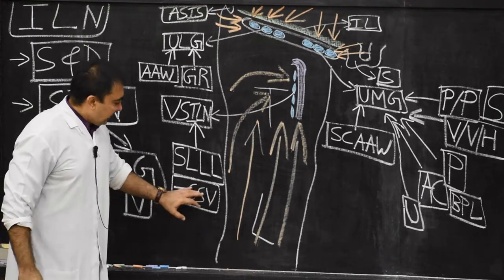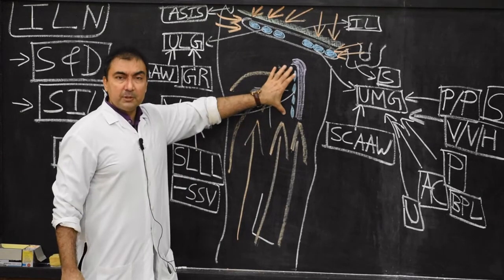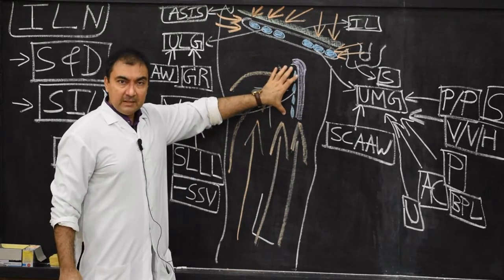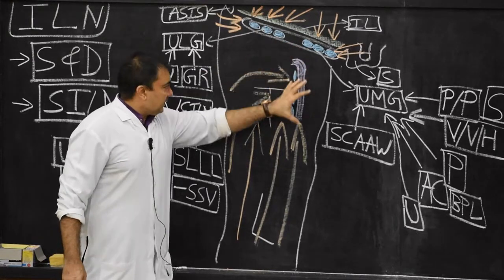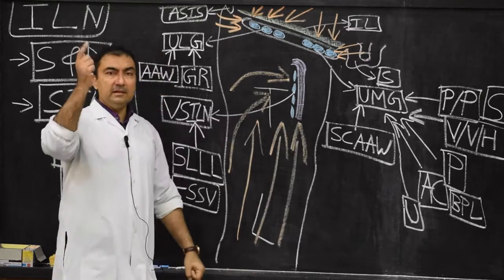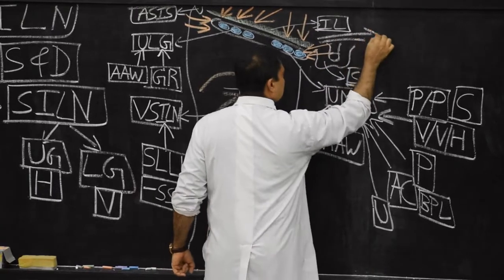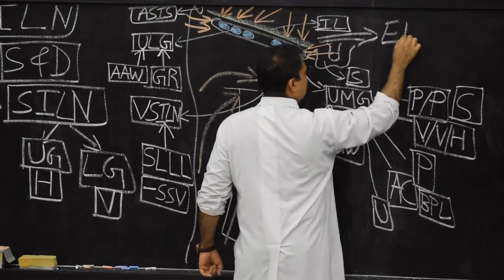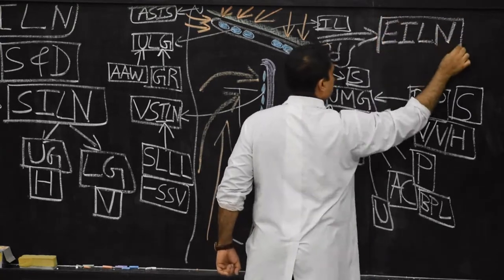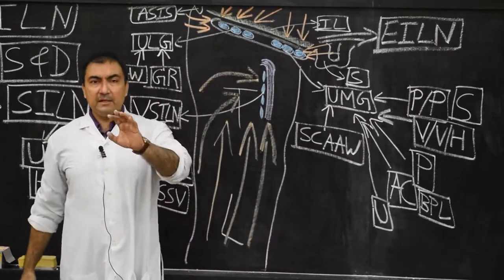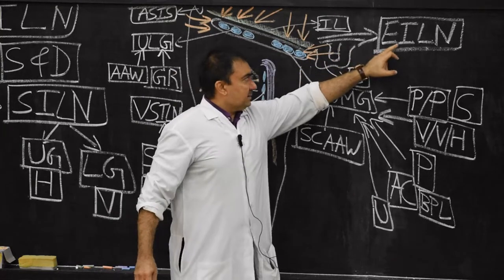So therefore, except this, the entire superficial lymphatics of the lower limb will drain into the vertical group of the superficial inguinal lymph nodes. Now, all the three, upper lateral, upper medial and vertical group of superficial inguinal lymph nodes will drain into the external iliac group of lymph nodes, and therefore here I will show it with this arrow. Here, this will be the external iliac group of lymph nodes. So the entire superficial inguinal lymph nodes will drain into the external iliac group of lymph nodes, and their pattern of